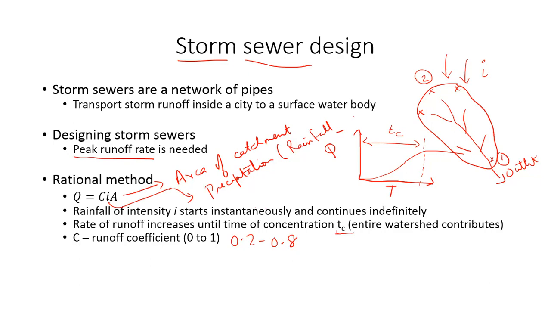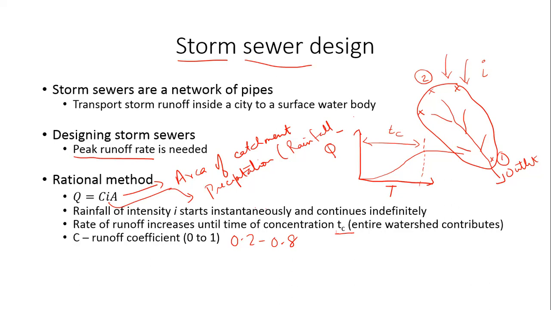It's a pretty wide variation, but it completely depends on the kind of watershed that you're looking at. If it's a very, very urbanized kind of place, then you can expect runoff coefficient to be relatively high, 0.7, 0.8, and so on. But if it's a mix of a little bit of residential area, a little bit of urban area, but some forest, garden, that kind of thing, then you can expect runoff coefficient to be on the lower side also, right?